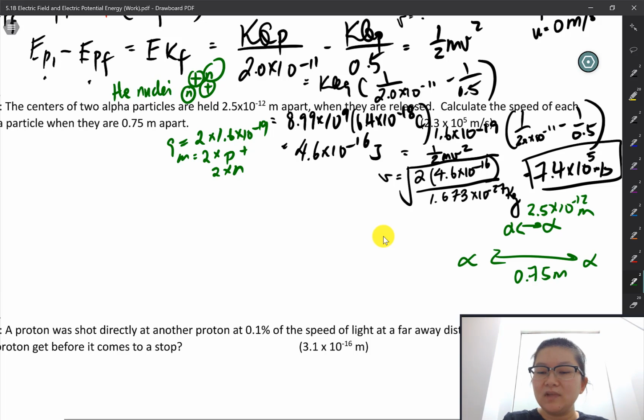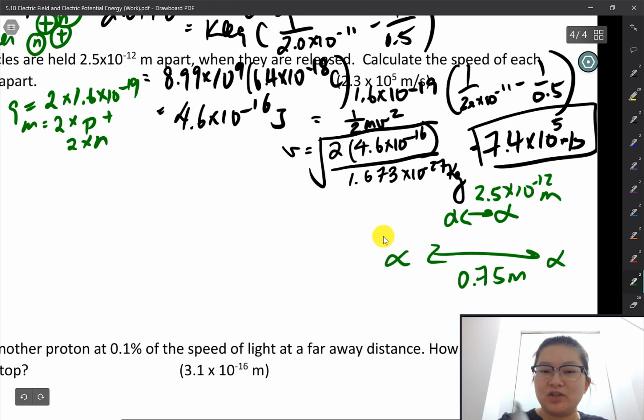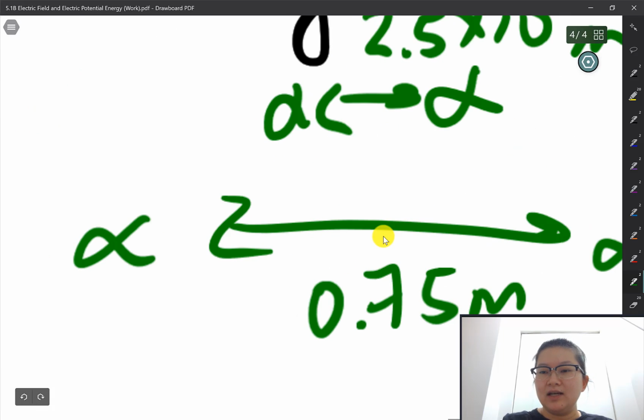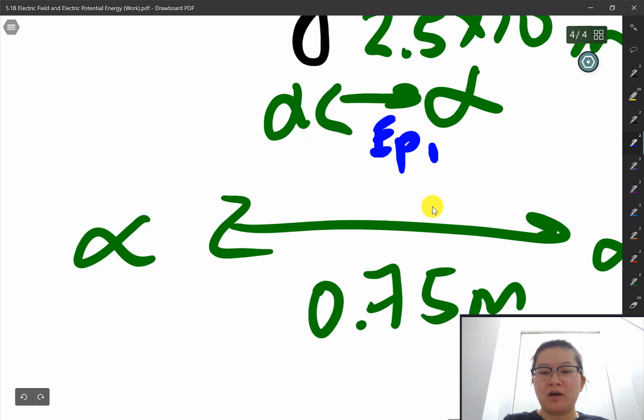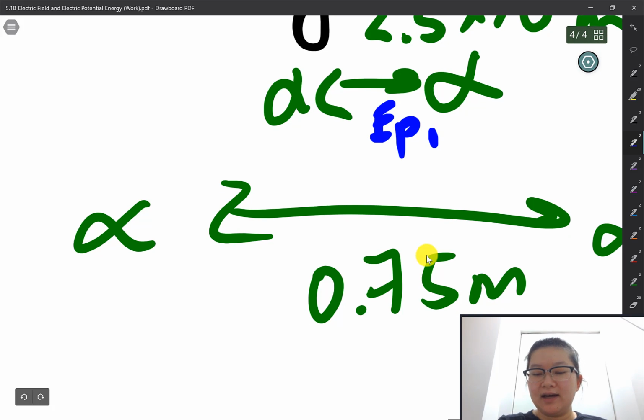So, let's see how much we can zoom in here. Okay, I'm gonna use blue here. We're gonna get potential energy here, initial. Ooh, that's gross. We're gonna get potential energy here between these two alpha particles, okay? And then that's gonna be our initial state. We're going to have some final potential energy state here,